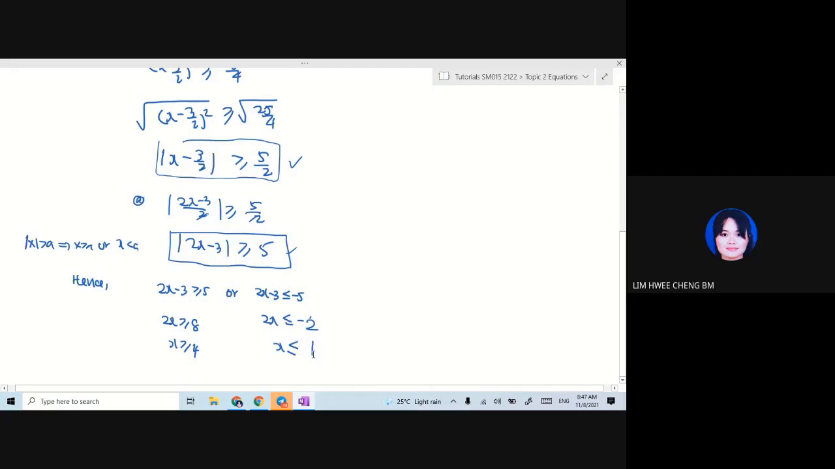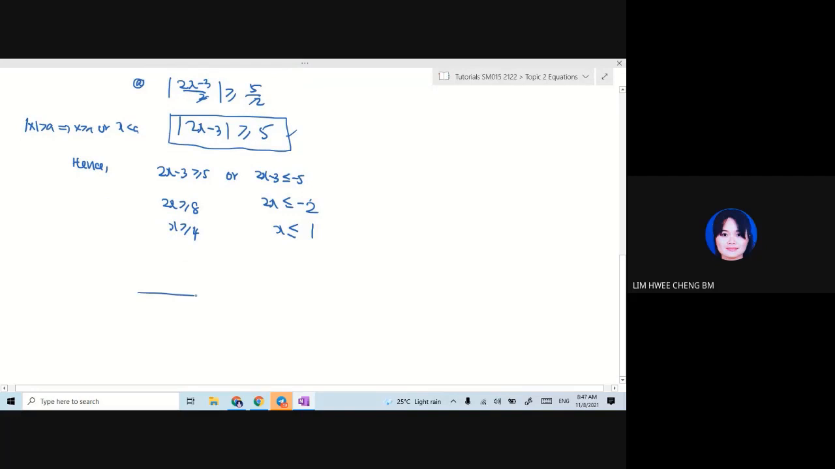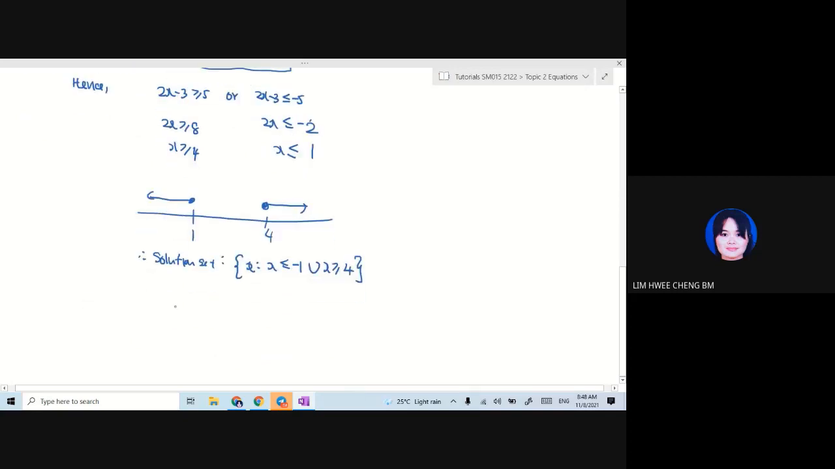Okay, this one should be solved by using the union. So dia akan buat union 1 and 4. So greater or equal than 4, less or equal than 1. So maka dia punya solution set x is less or equal than minus 1 or greater or equal than 4. Okay, kalau you nak interval,